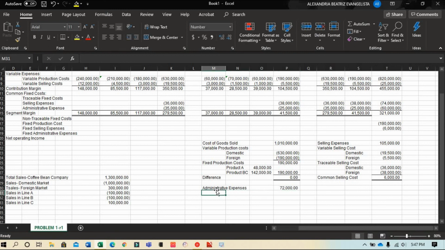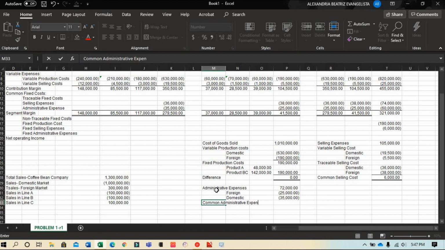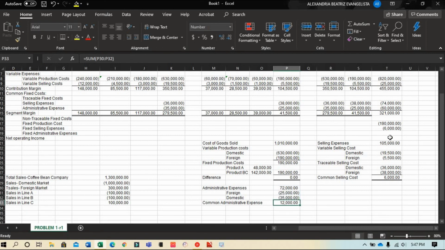And it is also stated in the problem that 25,000 of it is traceable to the foreign market, and the 35,000 of it is traceable to the domestic market. So we'll be left with the common administrative expense, which is 12,000. So we're going to deduct that as well under the total column, and then now we could solve for